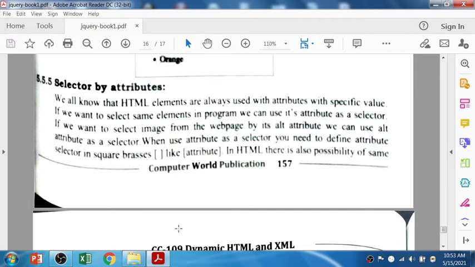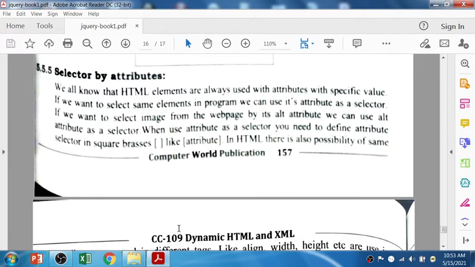If we want to select an image from the web page by its alt attribute, we can use the alt attribute as a selector. When using an attribute as a selector, you need to define the attribute selector in square brackets.